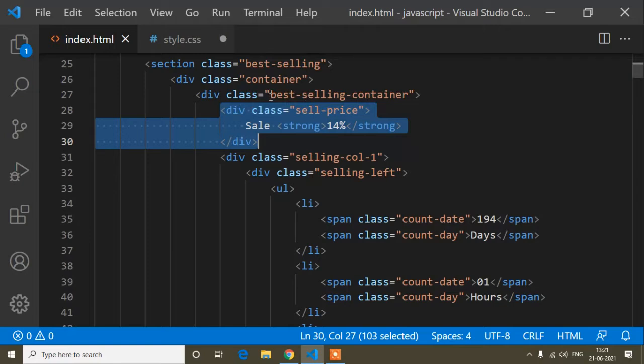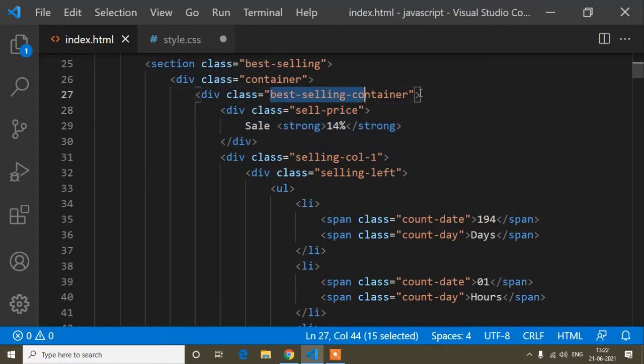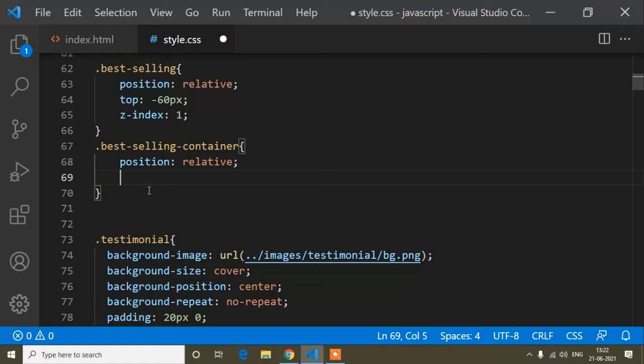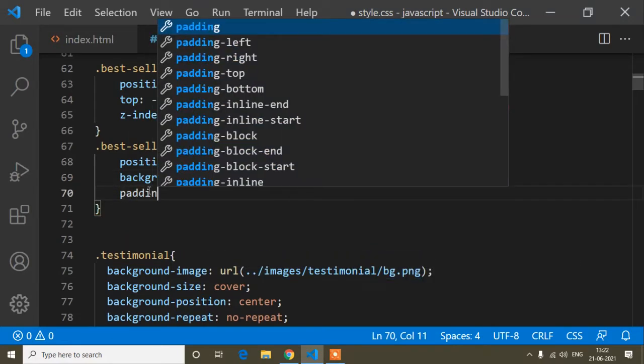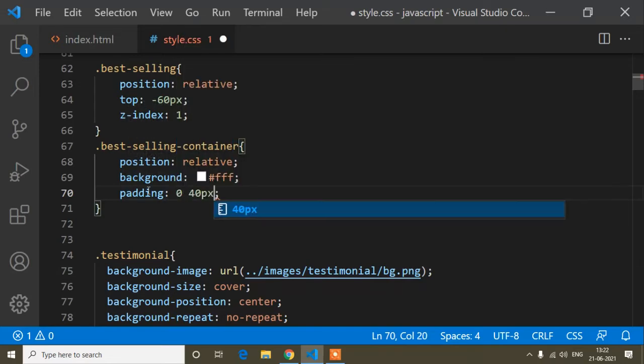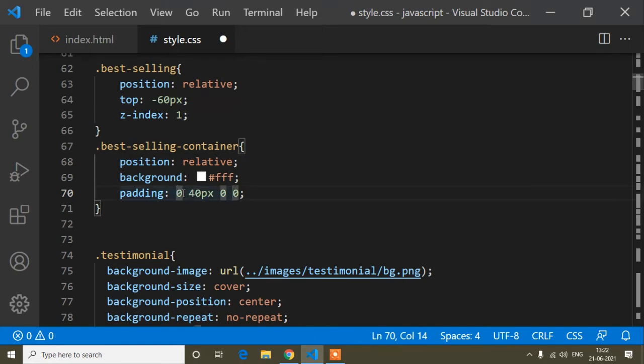So that's why this time we have to write parent div relative, and the child which we want to float on this parent, that div we write absolute. When I write the CSS for that class, I will use absolute, but in the parent class I am adding CSS, so I have written this one is relative. You can see here like this. So relative, and the background color is this triple A white color, and the padding is 0, 40 pixel, 0, 0. That means I have added padding like top 0, right 40 pixel, bottom 0 and left 0.